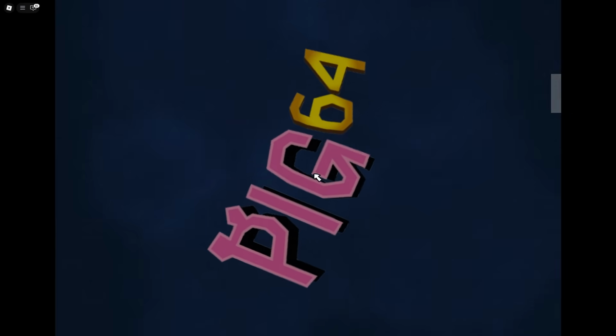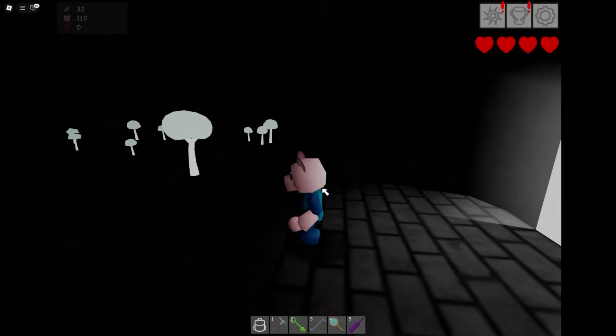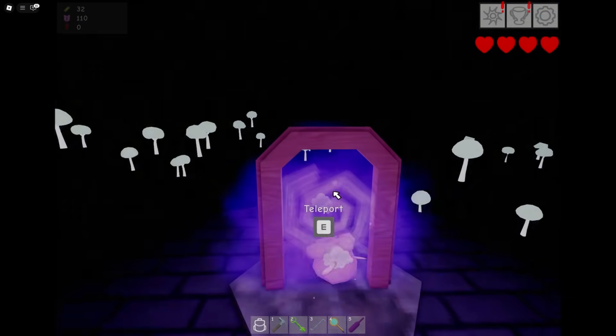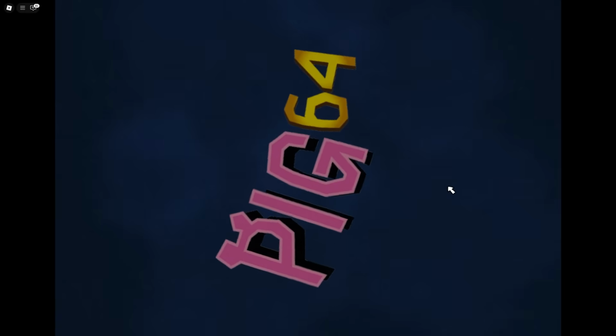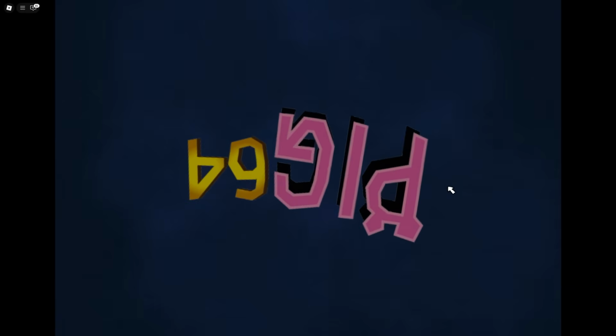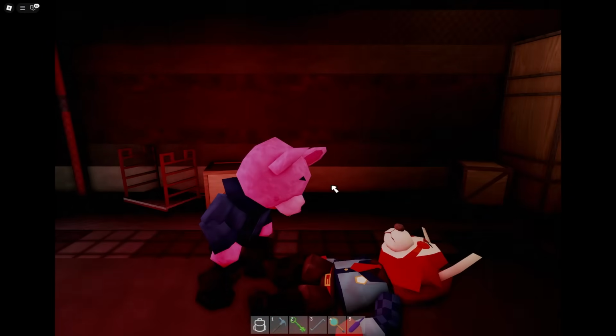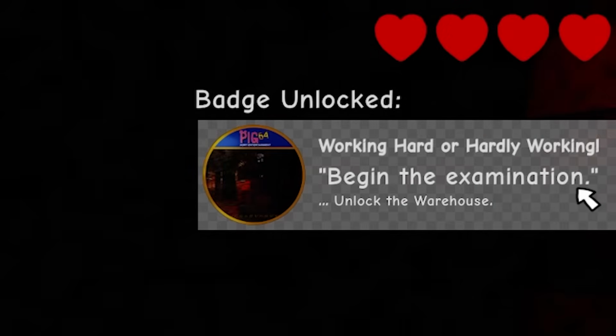Press E. We're teleporting. So now that we're here, we're gonna go all the way over to this. We're gonna press E to teleport once again, and then it's gonna bring us to a cutscene right here, and you're gonna have to watch it all. All right, so once that cutscene's finished, you're gonna get another badge, begin the examination,